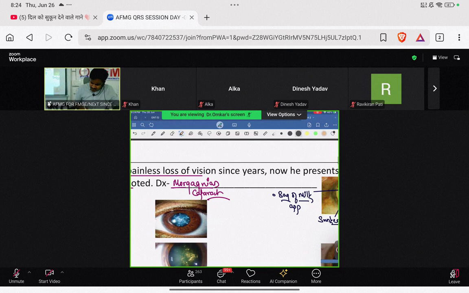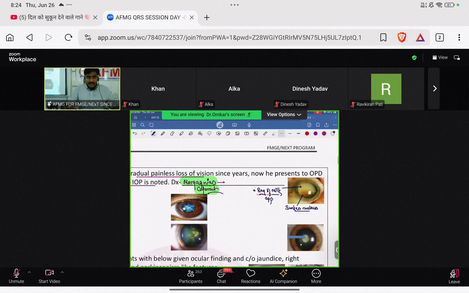Now, cataract doesn't cause any raised intraocular pressure. Very good. So we know, beta, that here the lens has got liquefied due to Morgagnian cataract, the lens proteins are going to leak out of the lens and they will go and block the trabecular meshwork. If the trabecular meshwork is blocked, will the aqueous humor be able to drain? No. That will cause raised intraocular pressure known as secondary open angle glaucoma, beta. That is important to be remembered.